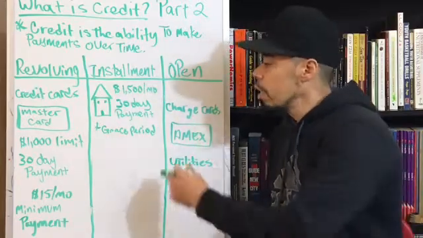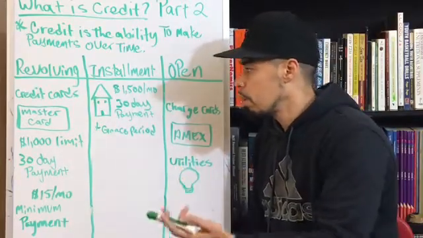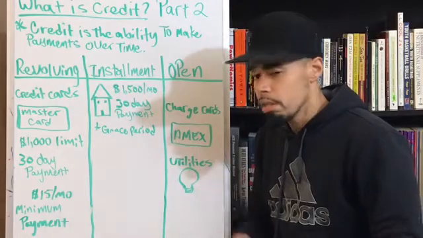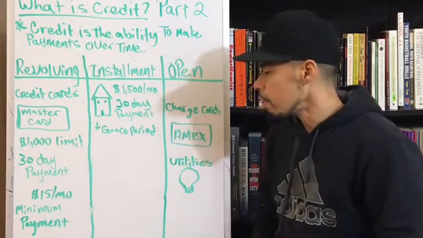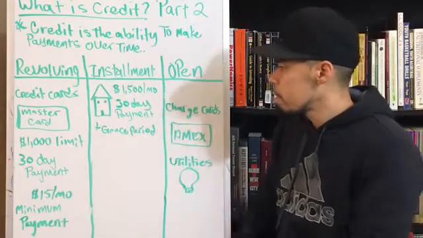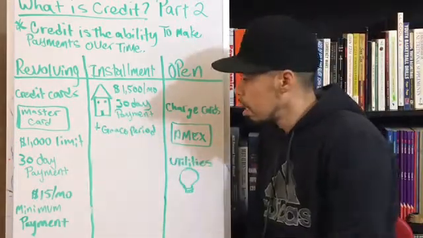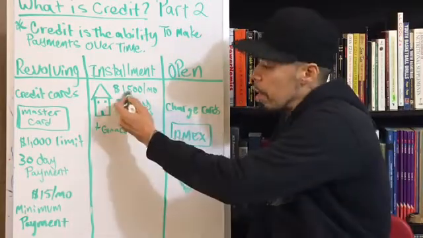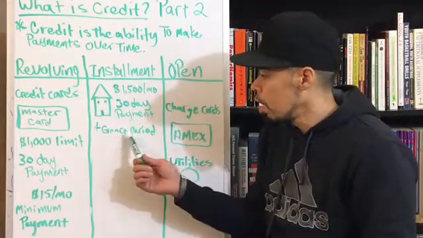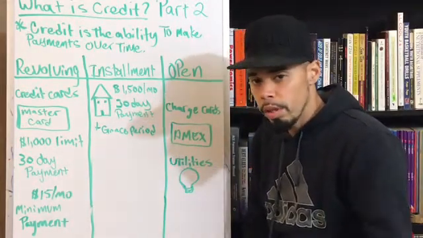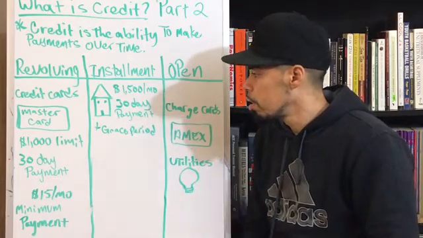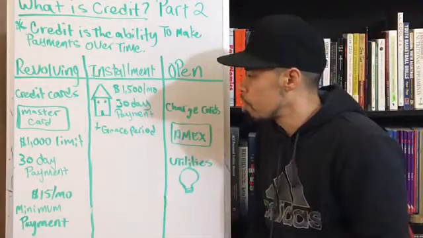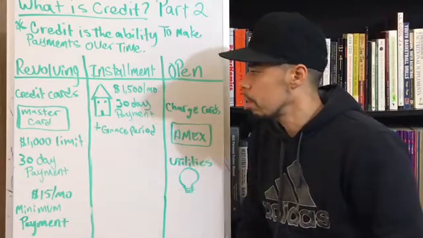As we covered in part 1, installment accounts generally are flat monthly payments, flat rate payments, like mortgages, stuff like that. So let's say with the mortgage, let's say you have this house, nice. You've got a $1,500 a month mortgage payment. You pay every 30 days. This is the flat fee. It doesn't change. And you also get a grace period with your mortgage. So, like I said, this is installments, and it doesn't fluctuate as opposed to the credit cards, which are